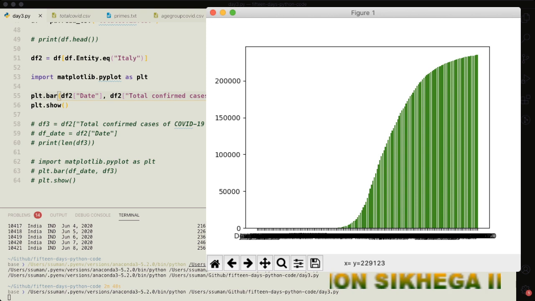So this is what is called flattening the curve, a popular term जो आजकल बार बार कहते हैं. This is what it means: the curve has to go upwards, but it has gone downward. Because of the restrictions imposed by the government of Italy, the cases have become controlled. You can see that till 8th June the curve is getting reversed. So in this way we can do some analysis of real data.